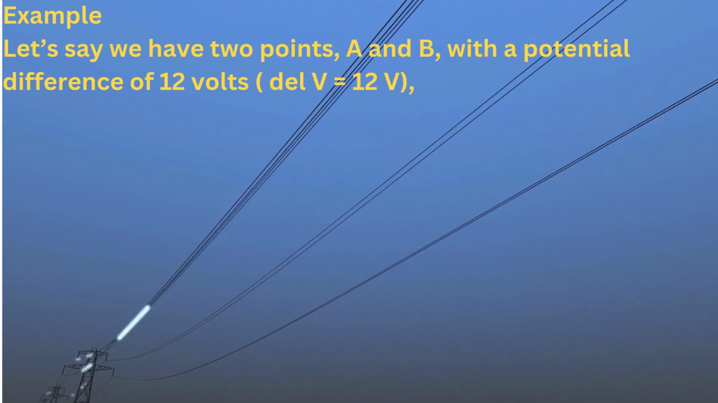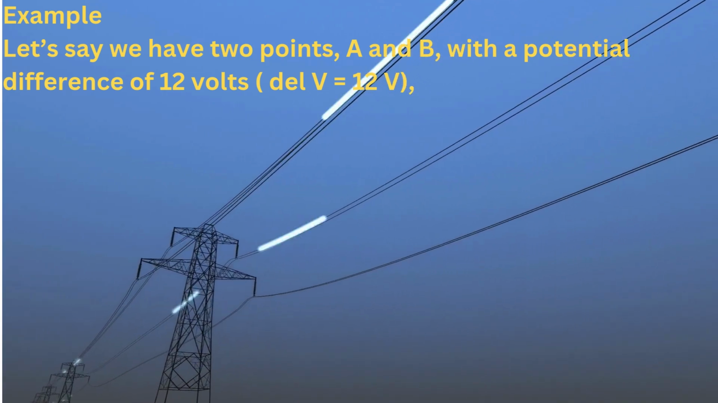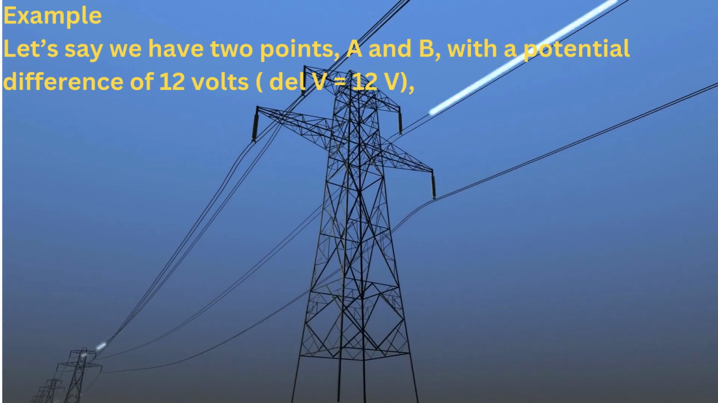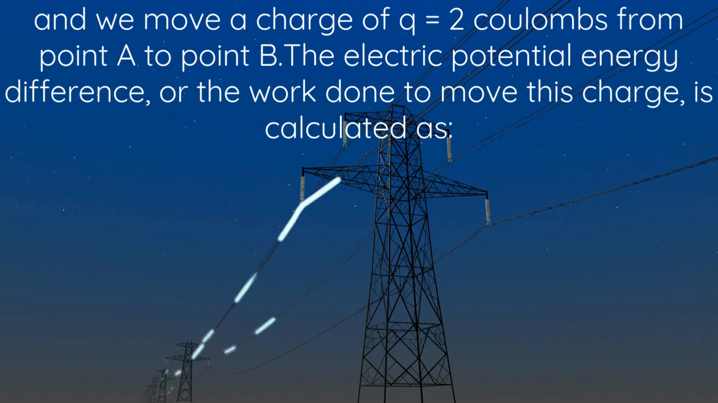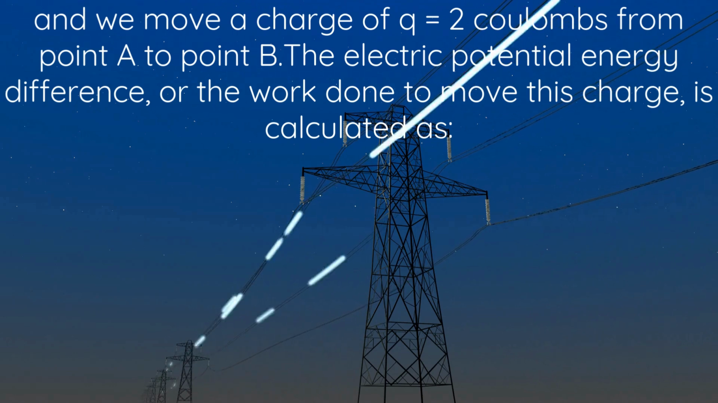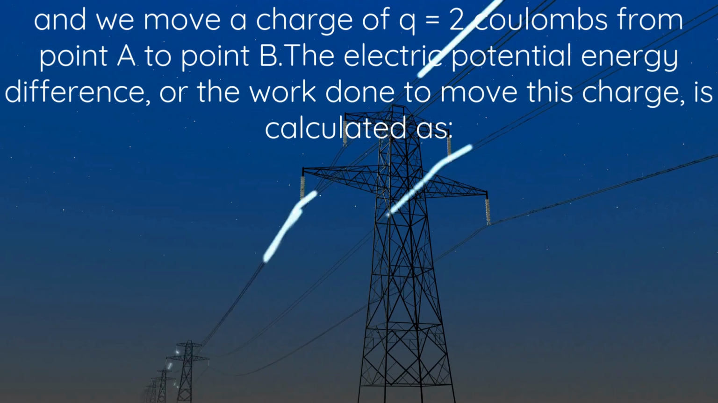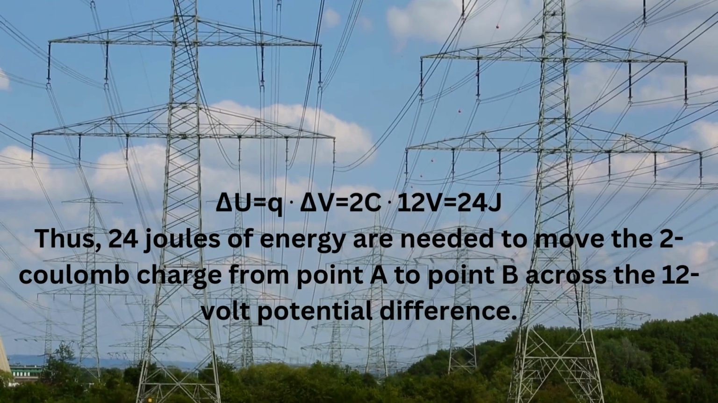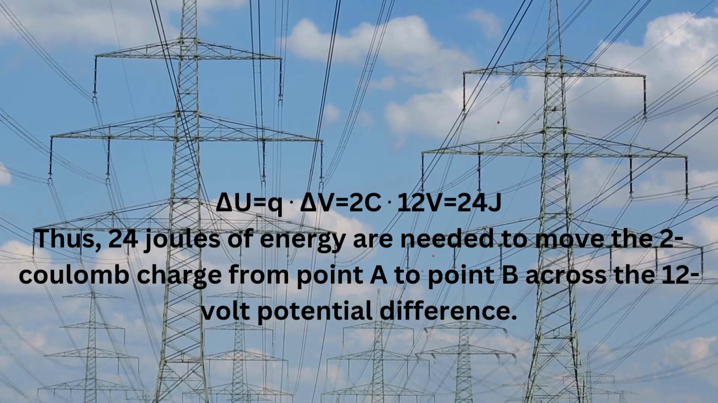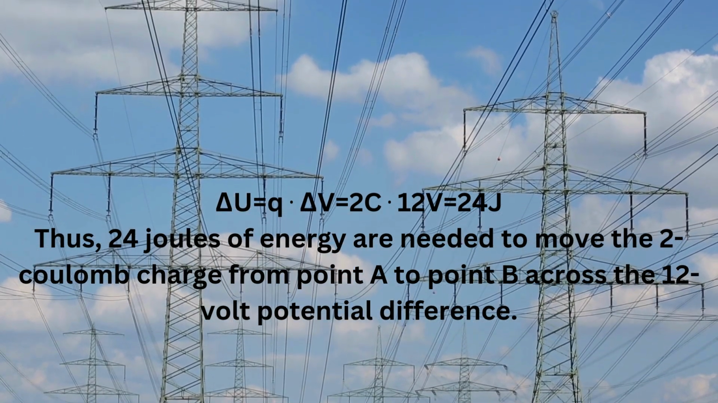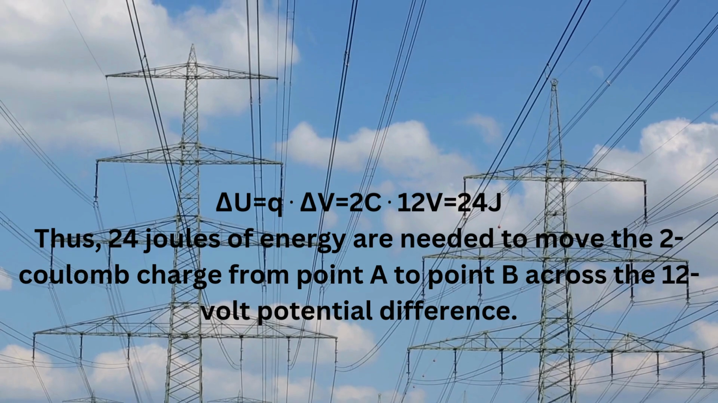Example. Let's say we have 2 points, A and B, with a potential difference of 12 volts, del V equals 12 V, and we move a charge of Q equals 2 coulombs from point A to point B. The electric potential energy difference, or the work done to move this charge, is calculated as del U equals Q times del V, equals 2 C times 12 V, equals 24 J. Thus, 24 joules of energy are needed to move the 2 coulomb charge from point A to point B across